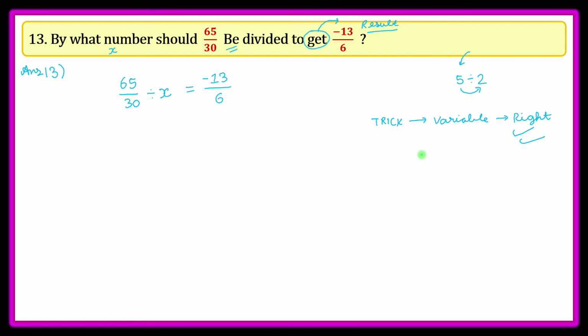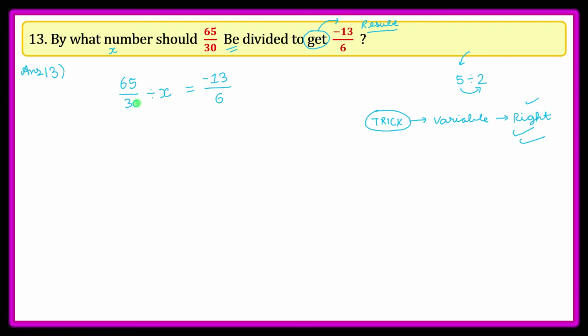I have just given you a short trick. You can remember this trick very well, and this trick is very easy. The variable will come at the right side, whatever it is. Okay my friends, it will come always at the right side. But make sure that you read the sentence carefully, otherwise this rule may not work, but this rule works almost every single time. So the variable will always be at the right side.